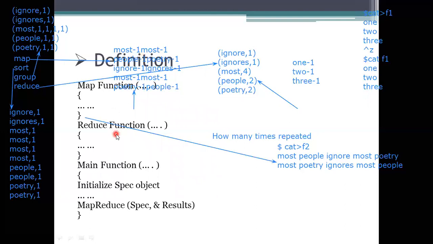Then in the reduce function, we need to perform all these things together, because we are not writing a separate sorting program or grouping program. So in reduce, we need to sort, group, and then reduce. All these things have to be done in the reduce function only.